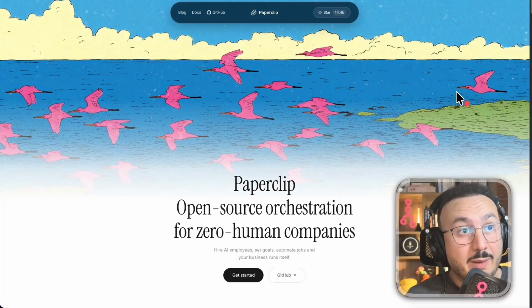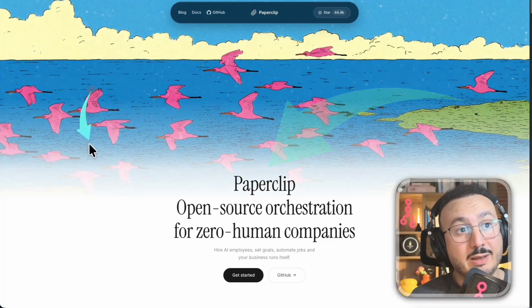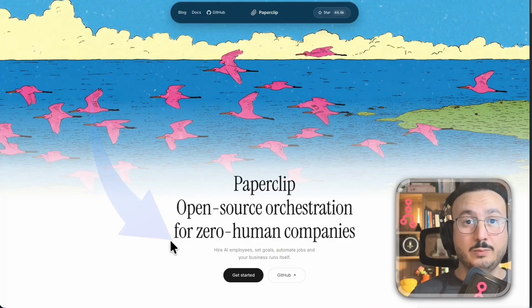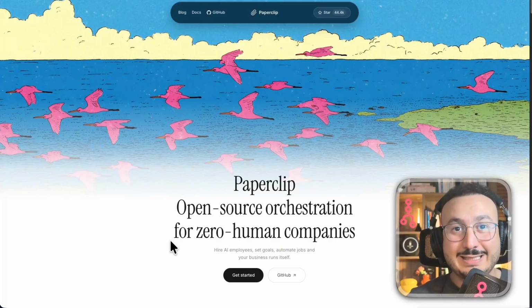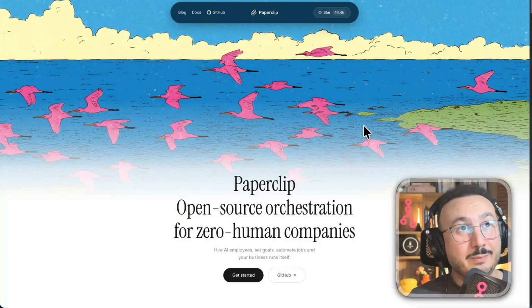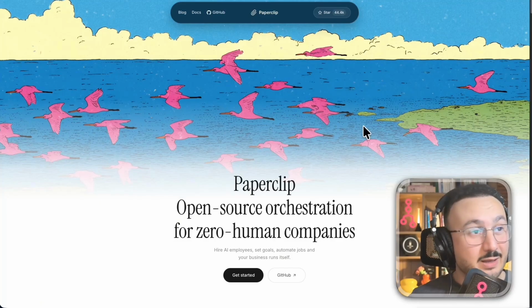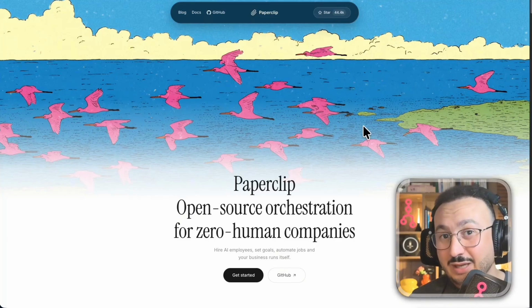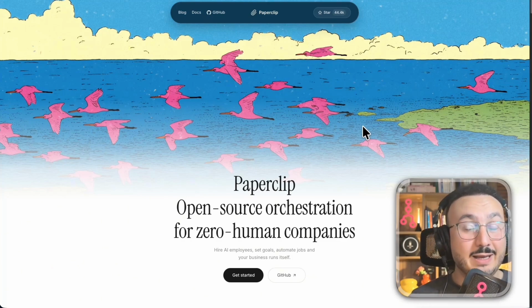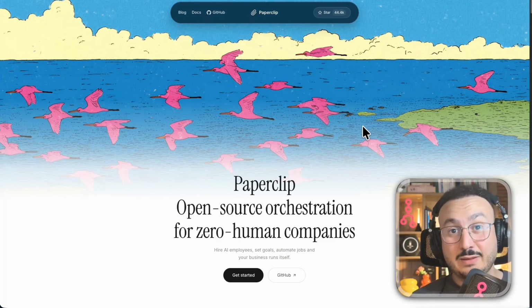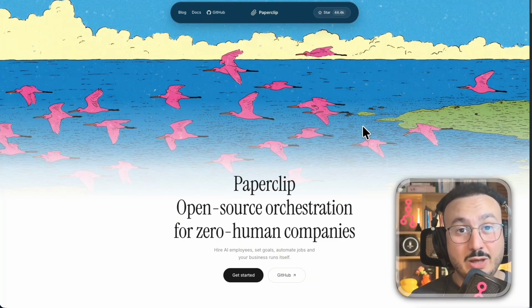Now, I'm going to talk about Paperclip. Paperclip is an open source agent orchestration tool. What does that mean? It means that inside, I can create multiple agents, and that's what's really powerful. And it's as if I have a company with several employees, so several agents, so several experts, and as a result, I can have a manager to whom I give the objective. And it's actually up to him to execute it.